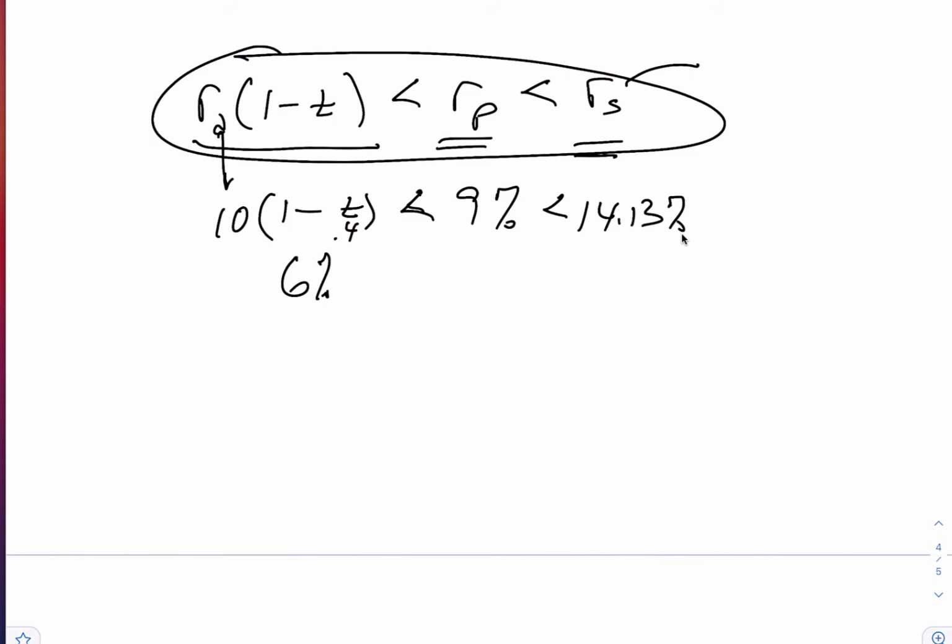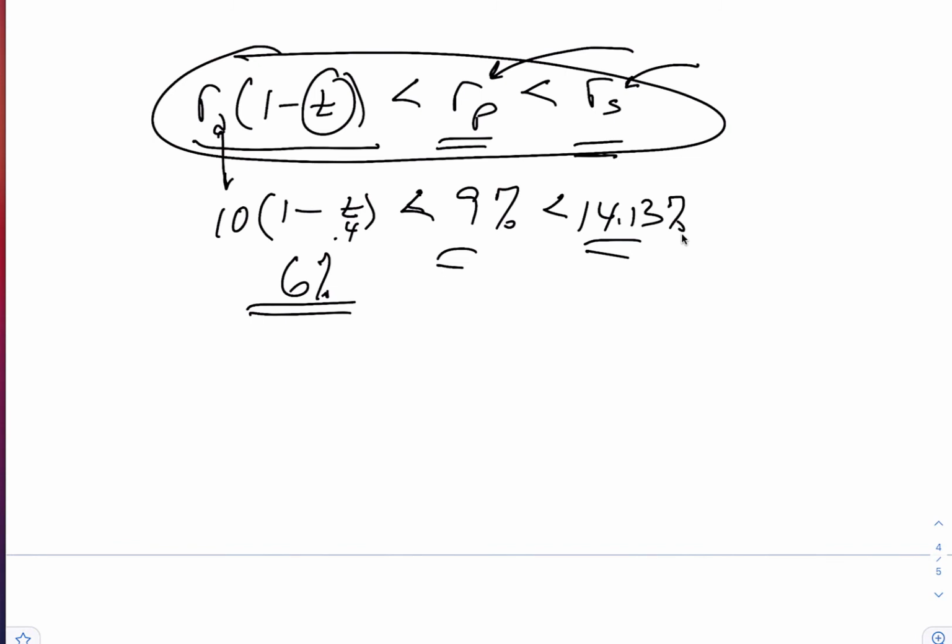You can't deduct the return from dividends or preferred stock on the income statement. You won't find dividend expense, for example, on the income statement, but you will find interest expense on the income statement, and there'll be a tax benefit associated with that, and it's T. That'll be the tax rate. So therefore, after-tax cost is 6%, 9, and 14, and everything works. It's simply a check to make sure that you've got the numbers right.